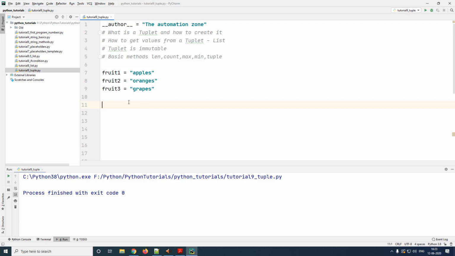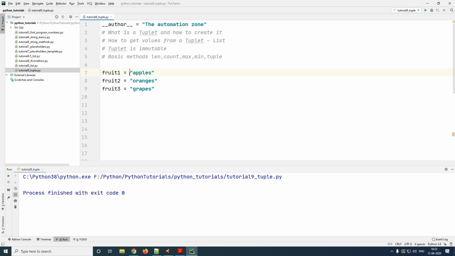In Python, when you're creating a program, you might require a whole range of values in order to run your program. These range of values can be strings, numbers, objects, basically anything. Usually you would have one variable to save each value. For example, here I have 3 strings and 3 variables to save them. An easier approach would be to have a particular data type which can hold all my values together. This particular data type is called a tuple.